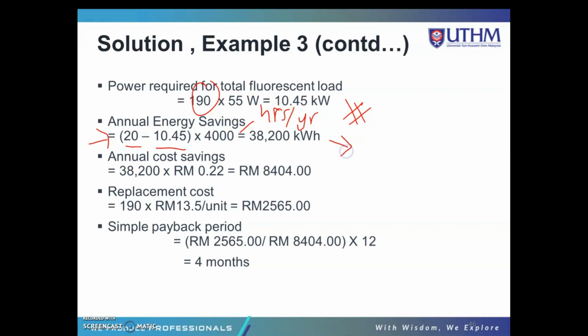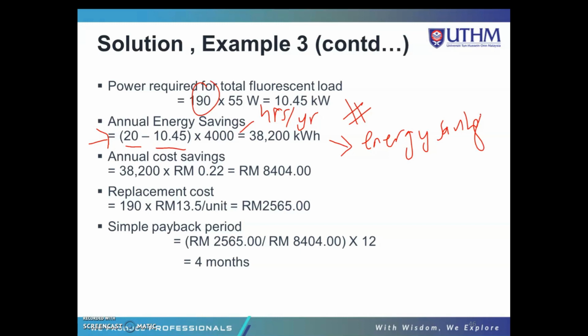Then you will get 38,200 kilowatt hours. This is the energy saving for a year. Okay, energy saving. So we have to calculate the annual cost saving. For the annual cost saving, you take the annual energy saving